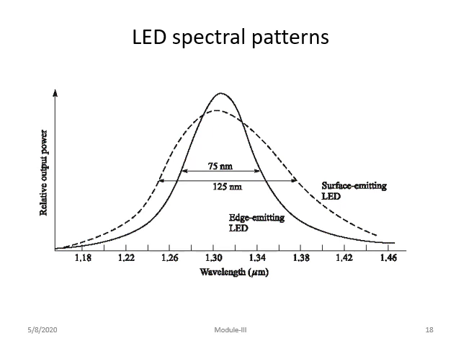And this diagram specifically shows some of the light source materials and also the spectral pattern. It covers both the surface emitting LED and the edge emitting LED, showing at what wavelength each has a high relative output power for the different types of LED. Both are shown, but the edge emitting LED focuses only on a particular wavelength region compared to the surface emitting LED. This is what we are able to understand.